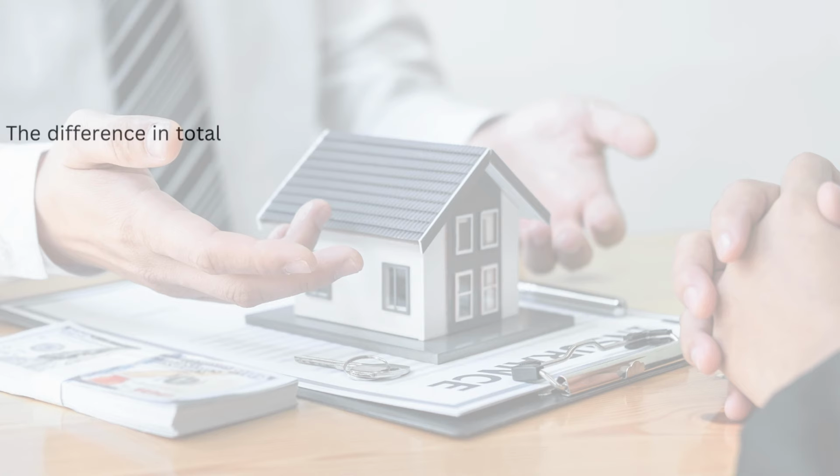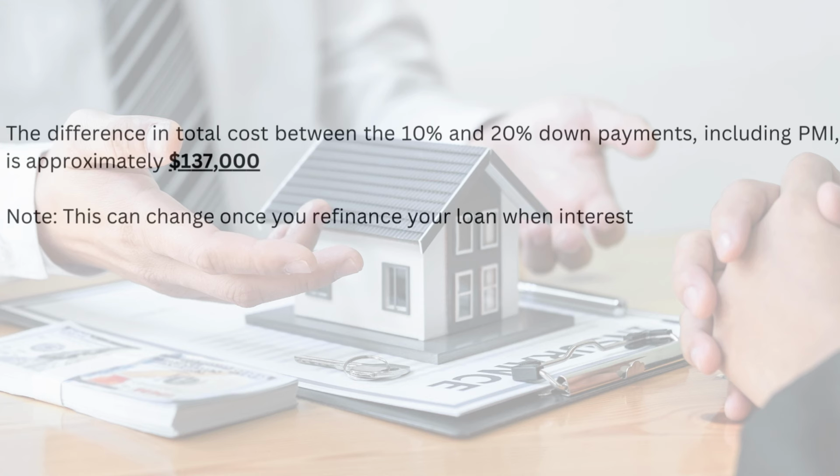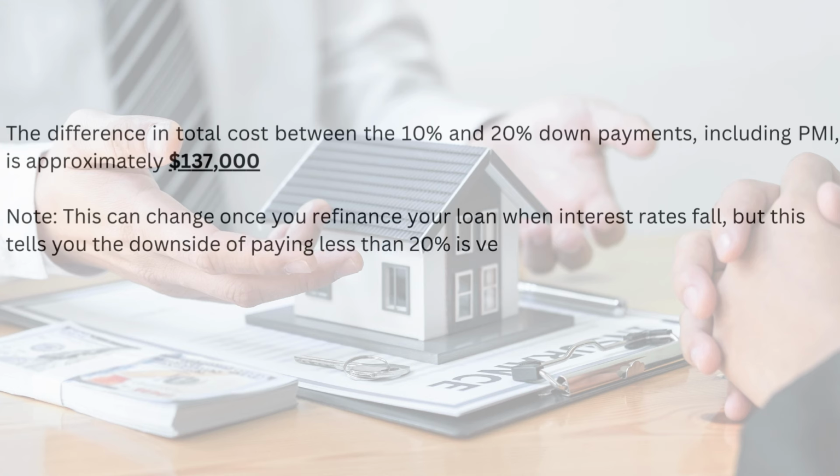Therefore, the difference in total cost between 10% and 20% down payments, including PMI, is approximately $137,000 over the life of the loan. And you can see that it's a big number. This is an approximation. And of course, the interest rate and other terms will vary, but you at least get